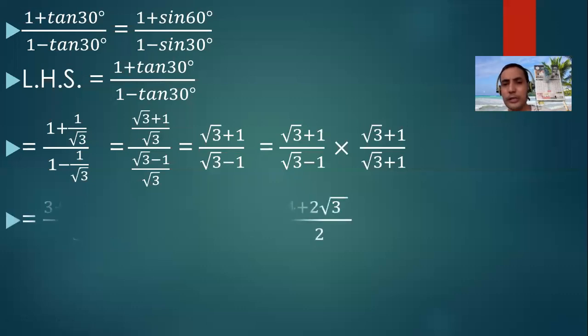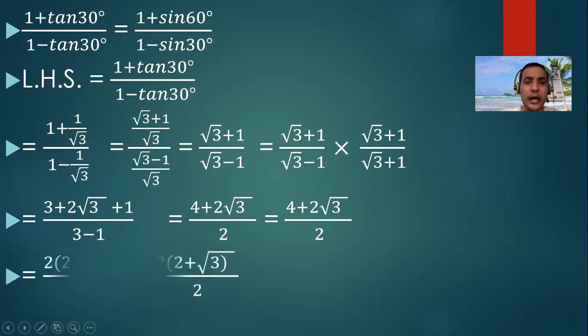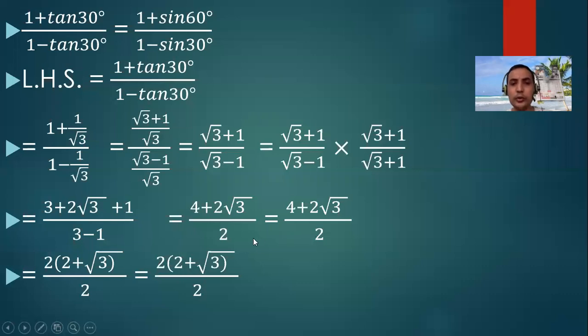मल्टिप्लाई गर्दा नुमेरेटरमा a + b को होल स्क्वायर को फर्ममा गयो, त्यसैले √3 स्क्वायर भनेको 3 भयो, प्लस 2ab भनेको 2 * √3 * b भनेको 1 छ, त्यसैले 2ab भनेको 2 √3 भयो, प्लस b स्क्वायर भनेको 1 को स्क्वायर। अनि डिनोमिनेटरमा a स्क्वायर - b स्क्वायर को जस्तो फर्ममा छ, त्यसैलाई हामीले के गर्यौं, a स्क्वायर - b स्क्वायर भनेको 3 - 1, 2 नै भयो। नुमेरेटरमा 1 र 3 एडिसन गर्यौं, 4 भयो। यो स्टेप रिपिट मात्रै भएको हो, केही गर्नु परेन यसलाई। अनि 2 कमन लियौं, 2 कमन लिइसके पछाडि हामीले 2 र 2 क्यान्सल गर्यौं, 2 + √3 भइहाल्यो।